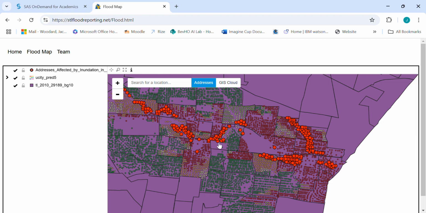And now we're going to get to the bigger red dots here. If you look at this trend pattern, this is along a river in University City called the River Des Peres. And so it makes sense for why these areas would be flooding, because these big red dots are actual places in University City that have already flooded.